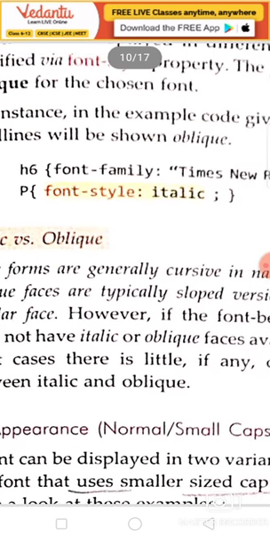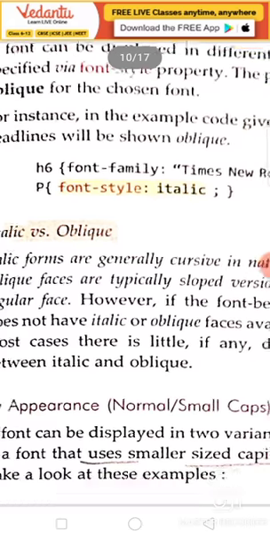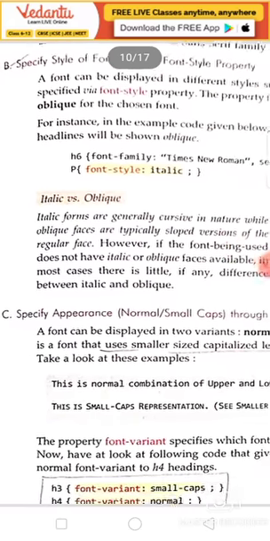Now see the next tag, P, for paragraph. After the curly braces I have put font style, then colon sign, then italic. It means all the font in the paragraph will be italicized. But what is the difference between italic versus